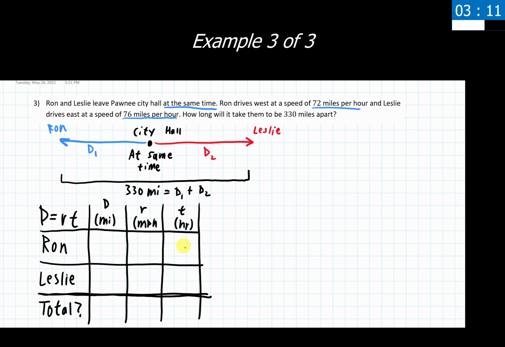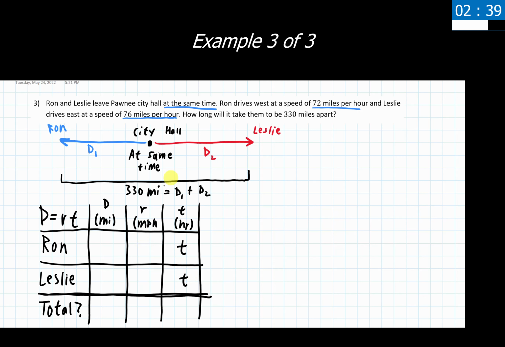So what does that tell me about the times? Well, I don't know the times, but they left at the same time, which means they've traveled for the same amount of time in opposite directions. So like we did with distance in, I think it was our first problem, I'm noting that while I don't know these two times, I know they are the exact same, so I can just list it as this single variable t. I don't need to put a little subscript in here to show that they are different from one another.